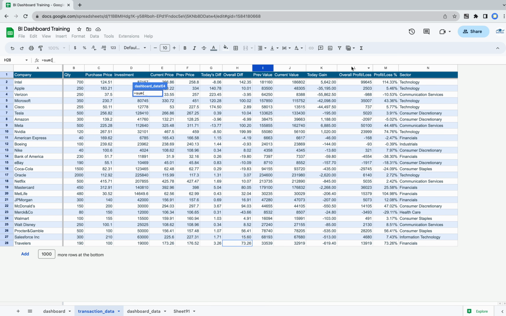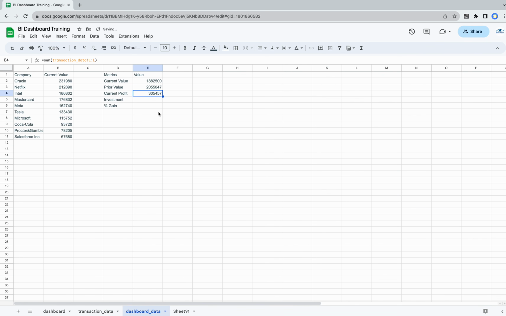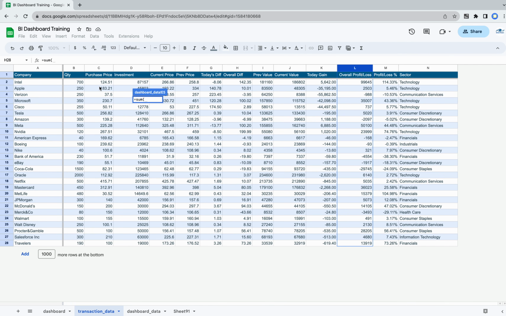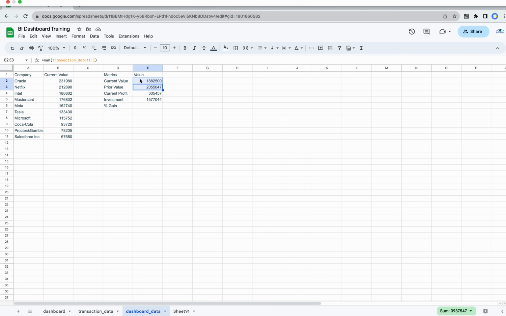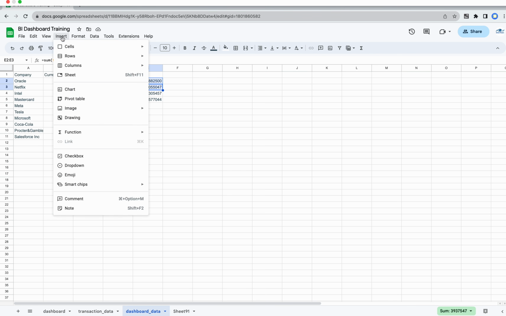Okay, the overall profit will be on column L. So this is the profit, and the investment we have over here, transaction data investment in column D. Okay, and from this column, sorry, E2 and E3,